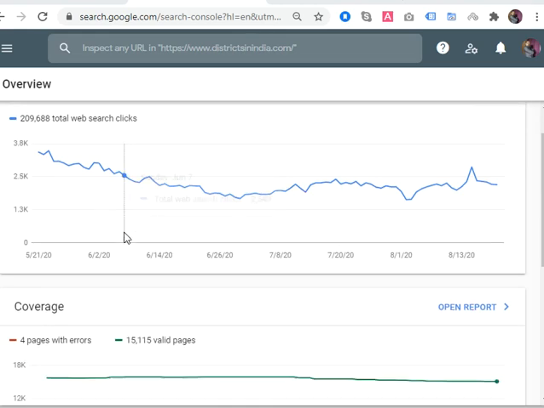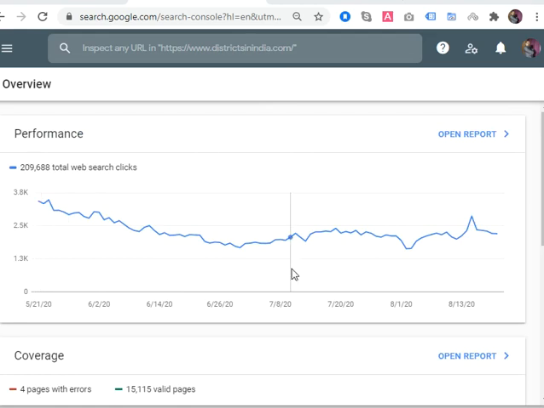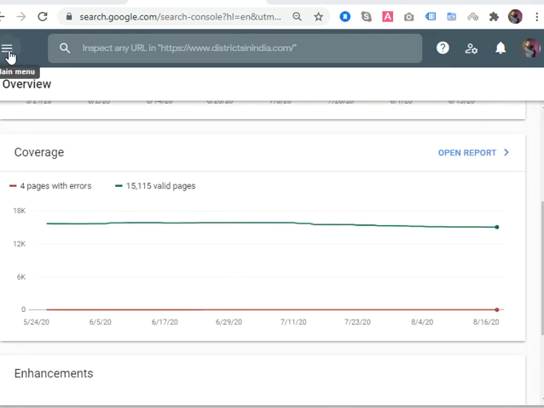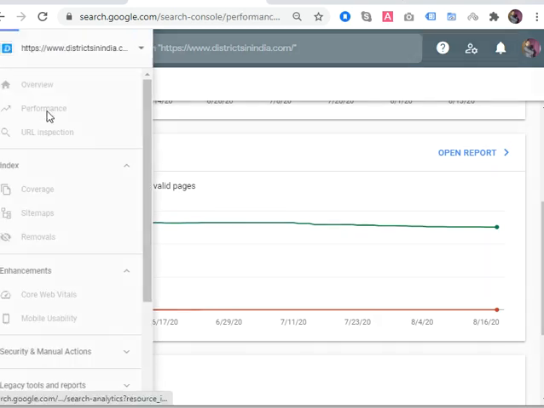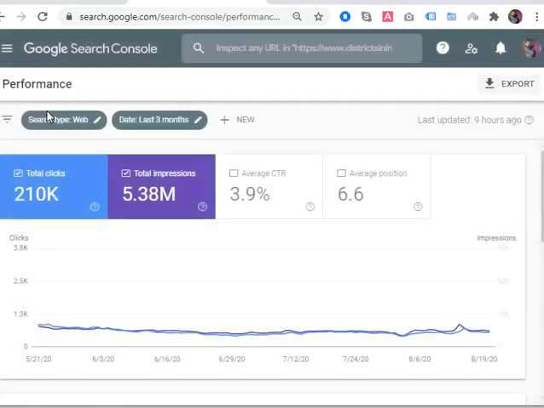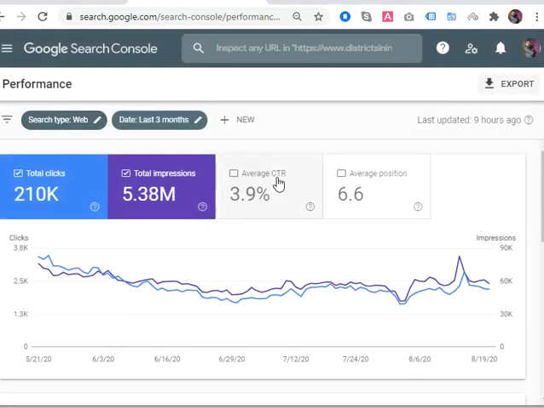So I can see here the graph, here is the performance, the coverage, and here is the enhancement, a lot of things. But I navigate from here. The first is performance. In the performance, you can see the number of clicks, number of impressions, average CTR, and